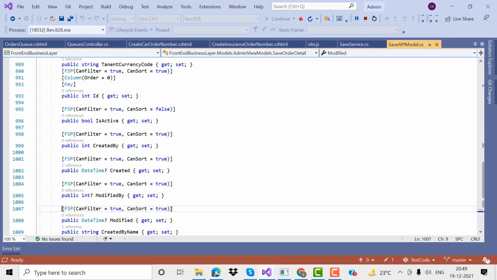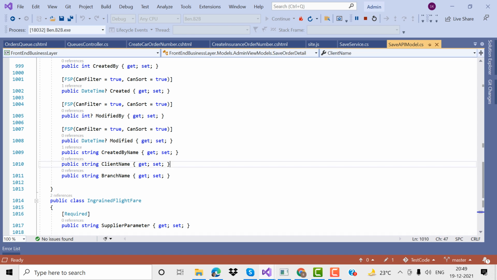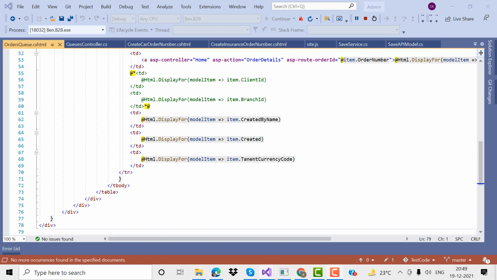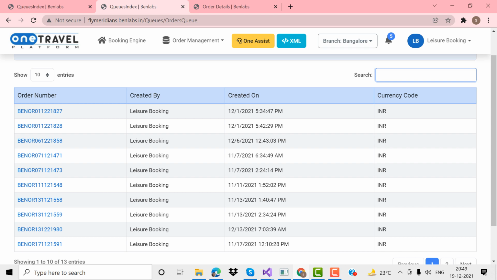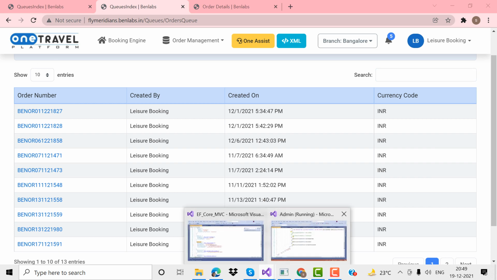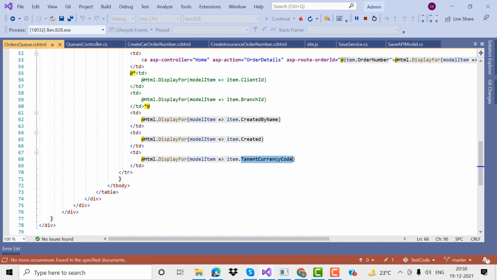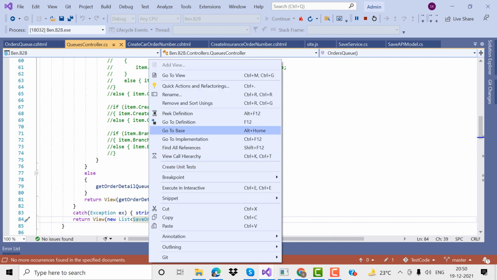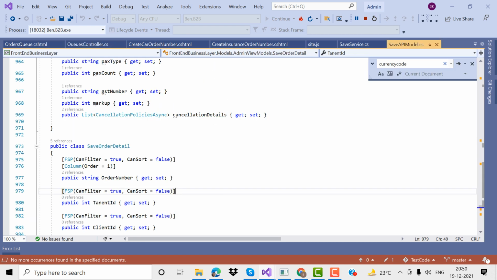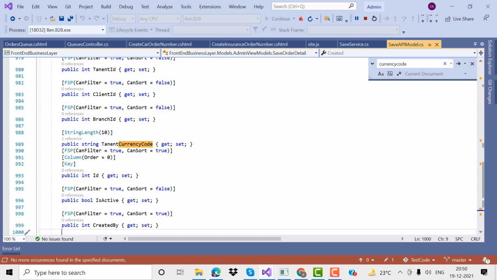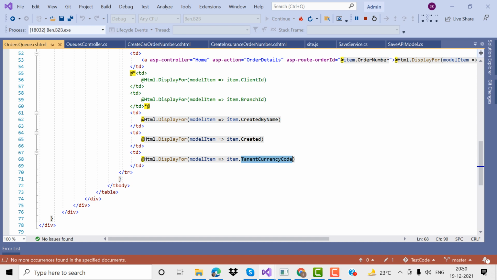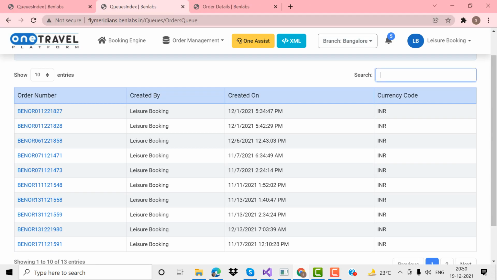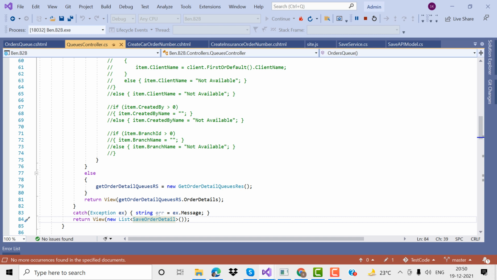Where is that currency code? The last one is currency code, but this property's field value is tenant currency code. This field also is contained in this SaveOrderDetails model: tenant currency code. From this model, this grid has been displayed. Now the SaveOrderDetails will display the model values, but